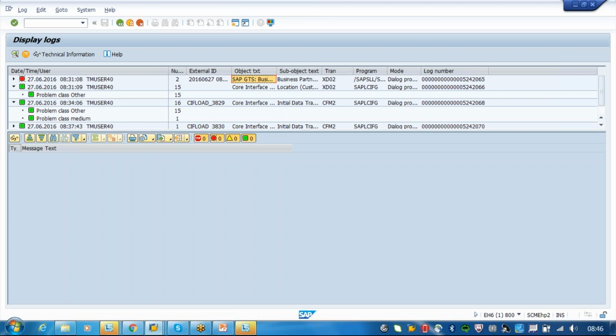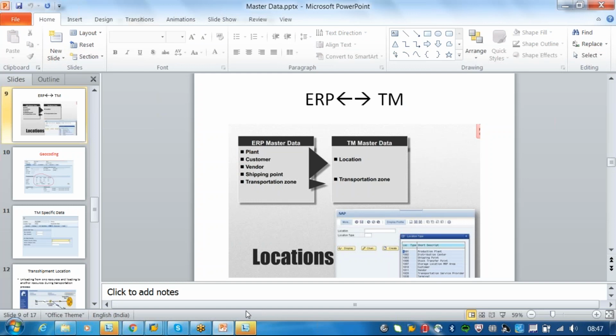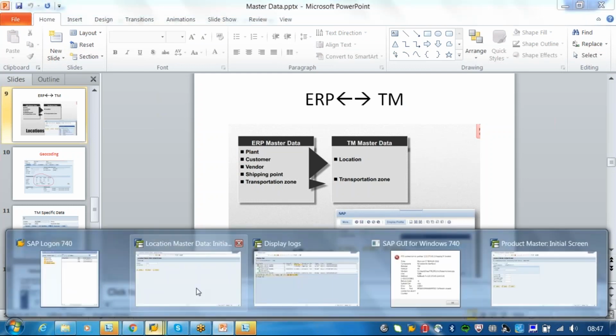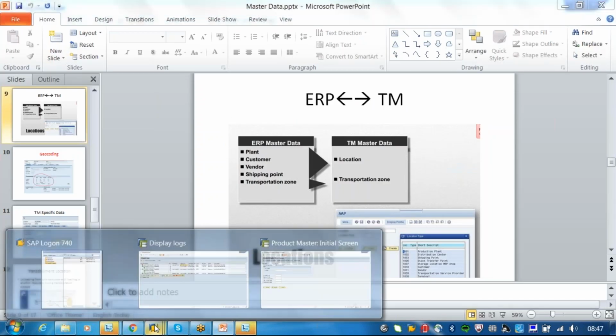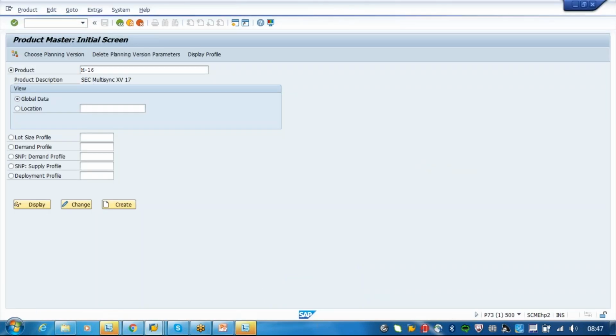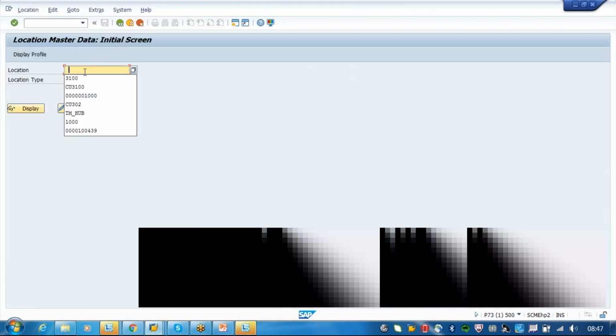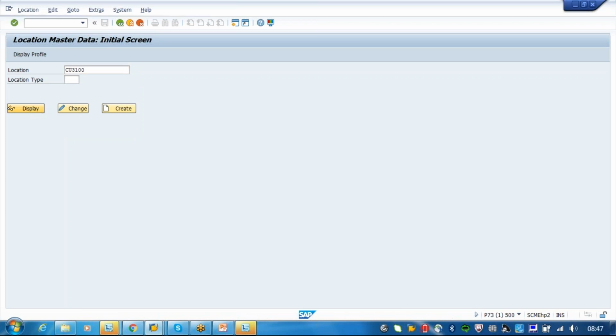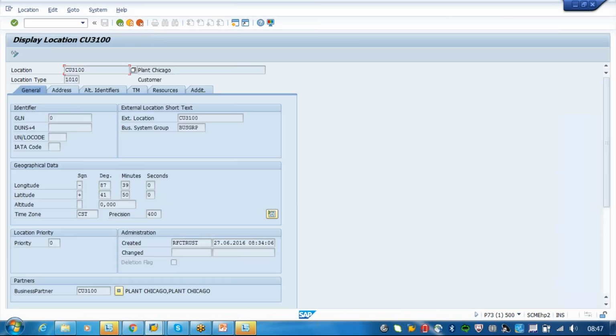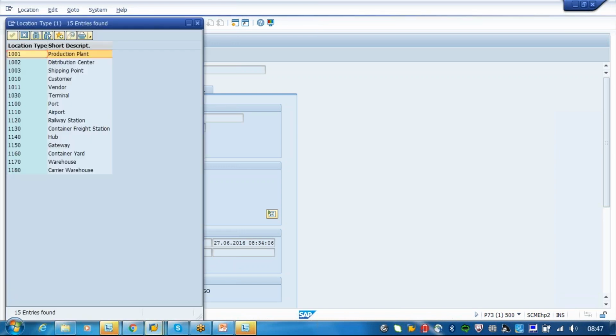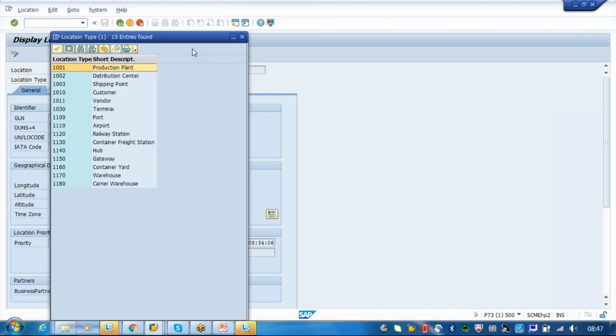Now what we have to do is, you know that one, right? The location is the main important thing here at the time when you are transferring. We'll show you again here the location. Oh, yes. You have seen, right? When you transfer the customer CU30 something, it shows it was created as 1010. When you transfer the vendor, it will create as 1011. Okay, 1011 will be there. When you transfer the production, it will come as 1010. What is the T code for this?